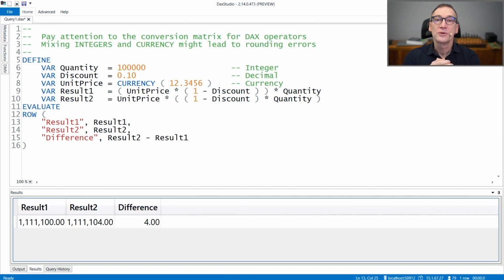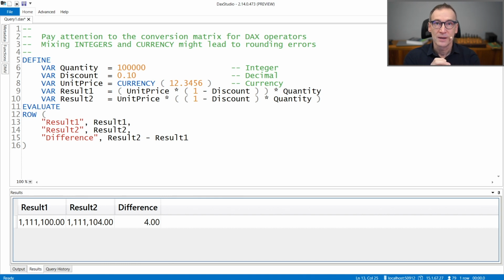DAX offers you the 4 standard mathematical operators. You have operators for addition, subtraction, multiplication, and division. These operators follow the regular mathematical precedence rules. If you need to override the precedence rules, you can enclose sub-expressions in parentheses in order to obtain the result